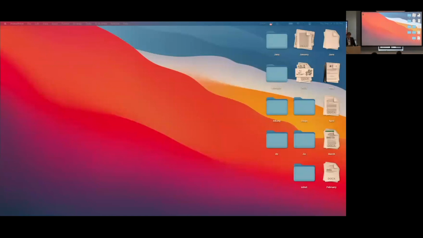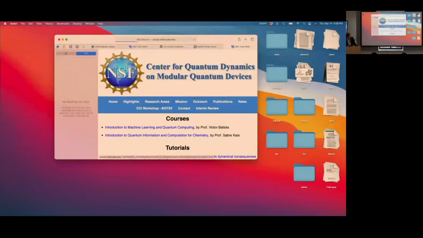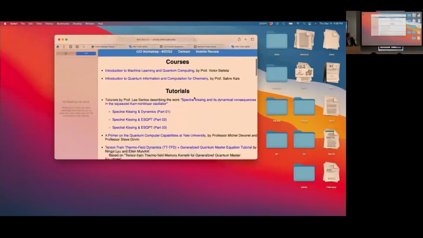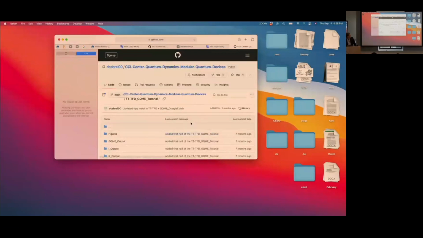This is the webpage of the center. You don't see it. Oh, you don't see it. So, and here, if you click on Outreach, you will see this tutorial, which has everything I'm going to be talking